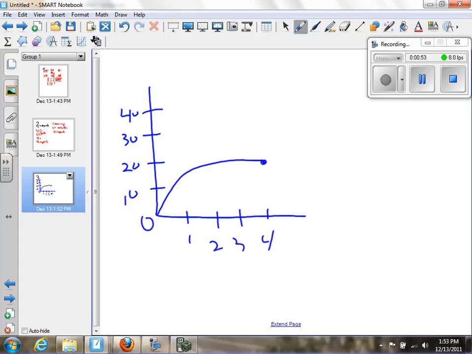First of all, we all have to be in agreement that this is in fact a function. It passes the vertical line test, right? Every x value only has one y value, so it is indeed a function. I wouldn't write it on the test that it was if it wasn't. And so the domain are your x values. The domain is what you have going along the x-axis. So that there is the domain,